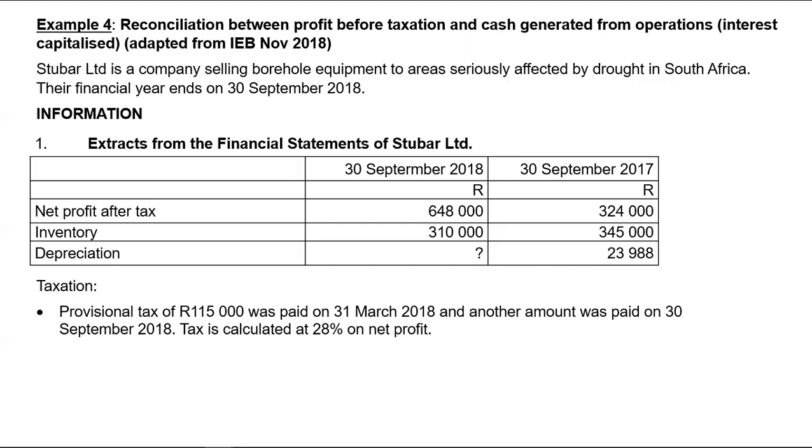They gave us profit after tax for the current year, which is 648,000, and for last year, they gave us inventory for this year, which is 310,000. We are going to use both this year's amount of inventory and last year's amount of inventory, but we are missing depreciation for the current year, even though we have been given depreciation for the previous year. Please note, when it comes to net profit after tax,